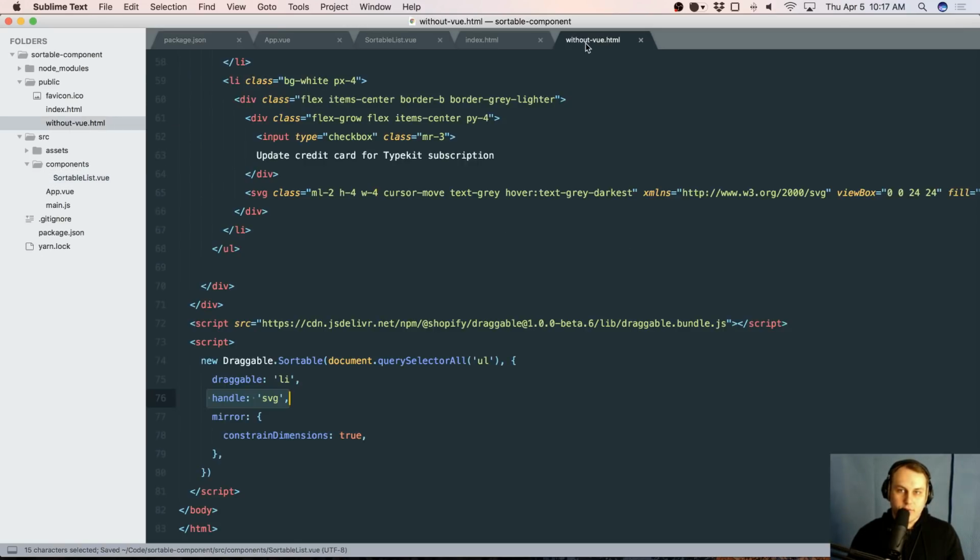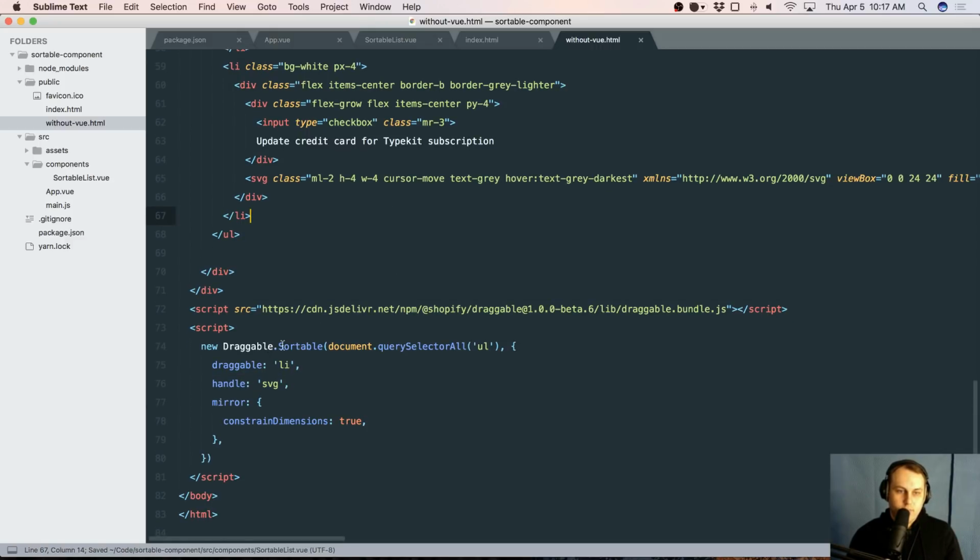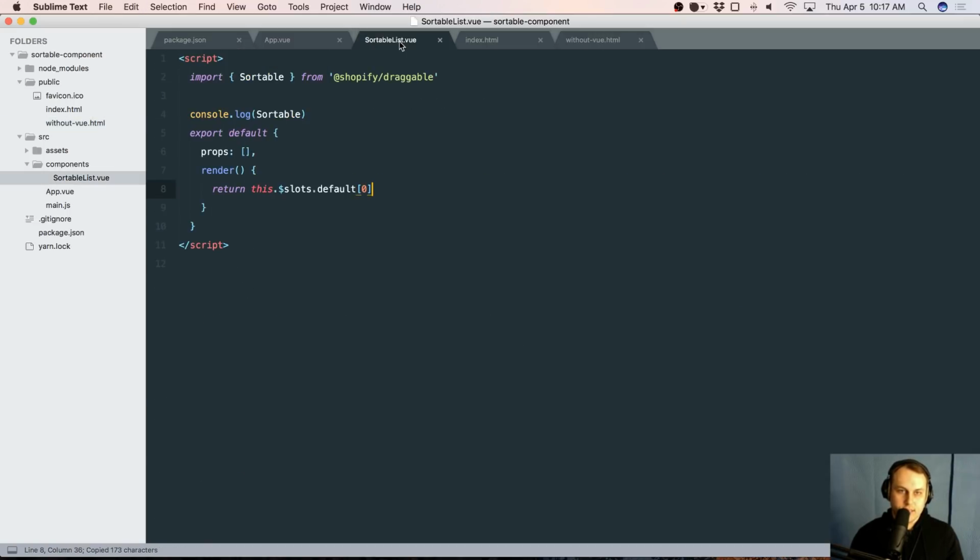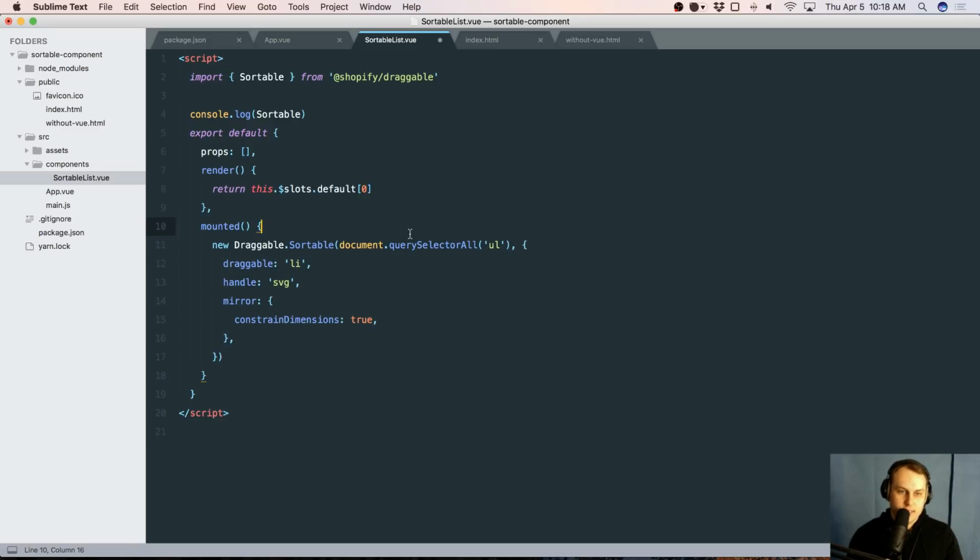Okay, so looking back at our original example, instead of Draggable.Sortable, we're going to basically need just Sortable, because we've pulled that in on its own. So let's just copy this code and figure out where we're going to put it in the sortable list to make things work. The way that you would typically do this is, because this needs to work with elements that are actually in the DOM, we have to do it in the mounted lifecycle hook. That's where we're going to create this list. So instead of Draggable.Sortable, we just want to do Sortable. Now we don't want to do document.querySelectorAll